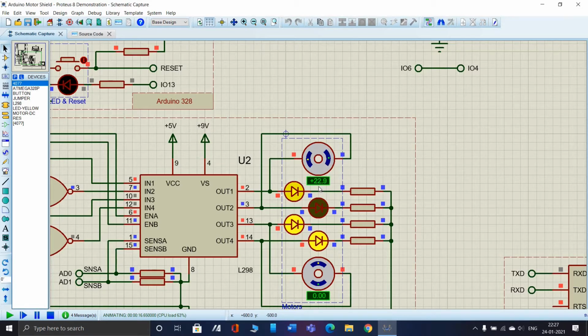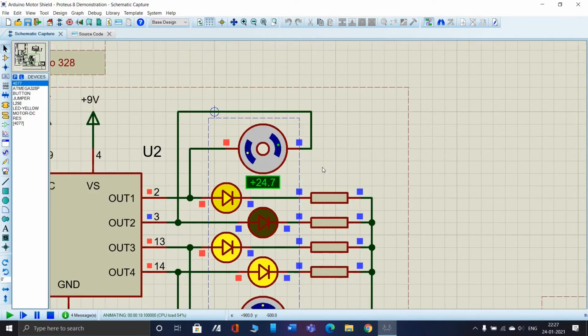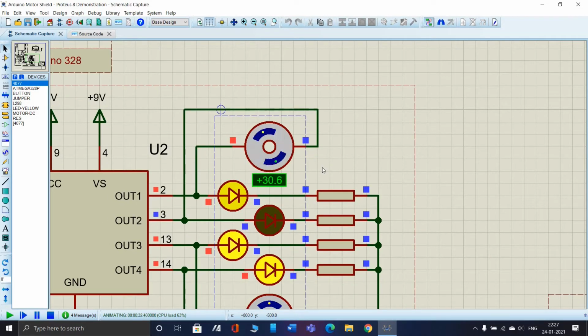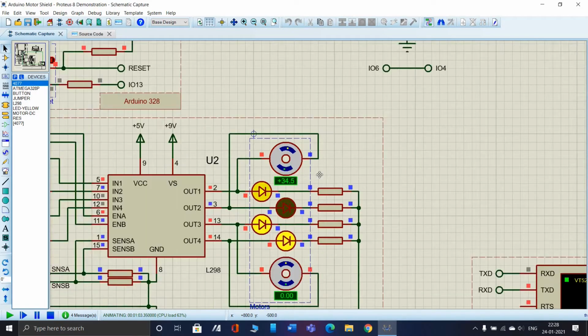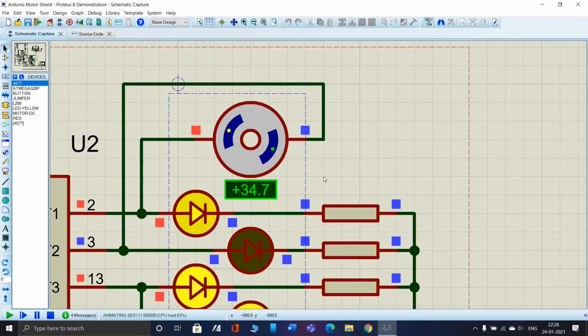As you can see, the motor is gathering speed. The motor speed has now stabilized at around 34 RPM. So this amount of speed has been stabilized for a PWM value of 200.